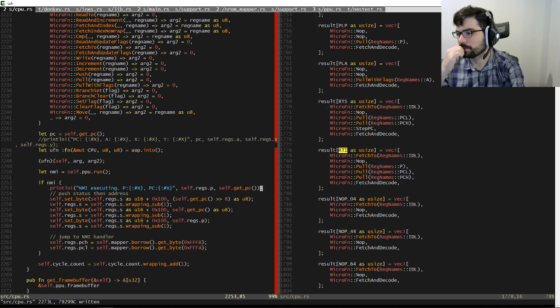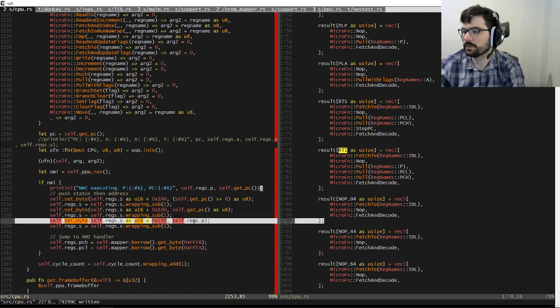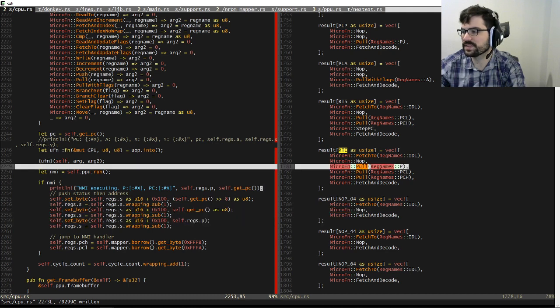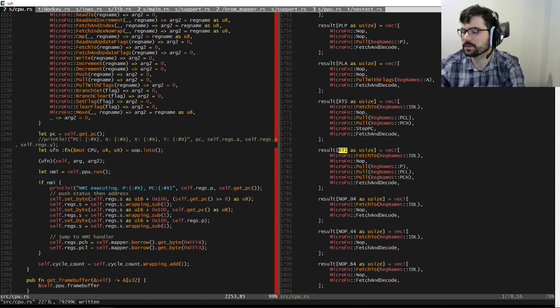I don't think so, right? Because first we push PCH high, then we push PCH low, then we push status, then we pull status, then we pull PC low, then we pull PC high. That seems like that should work.